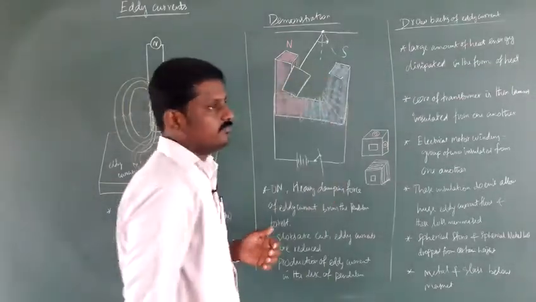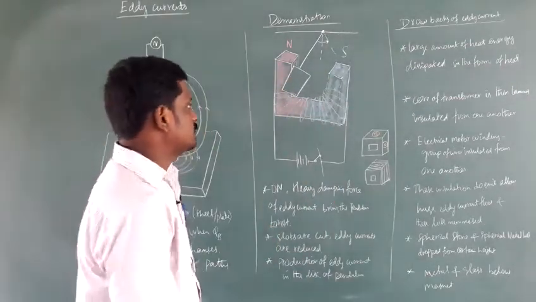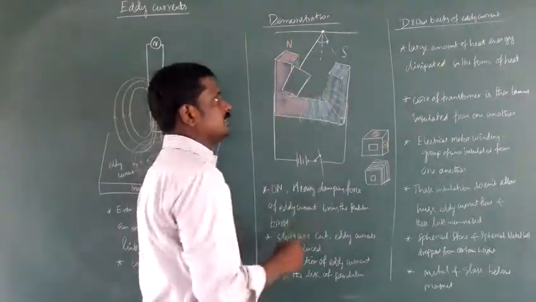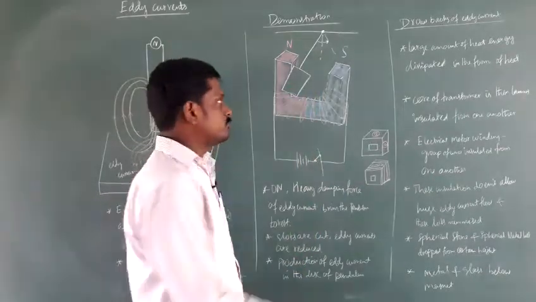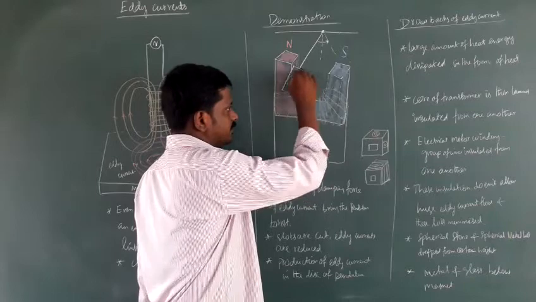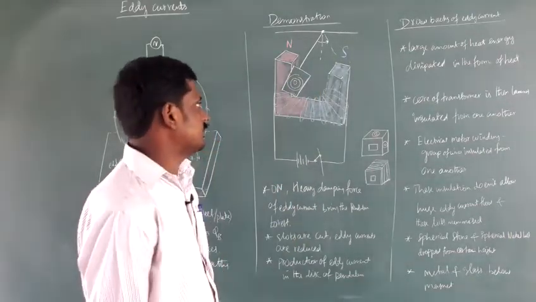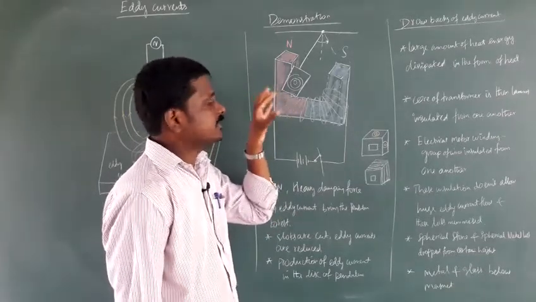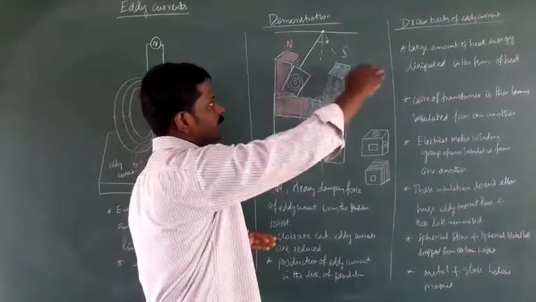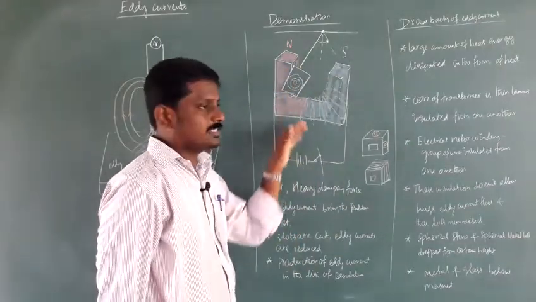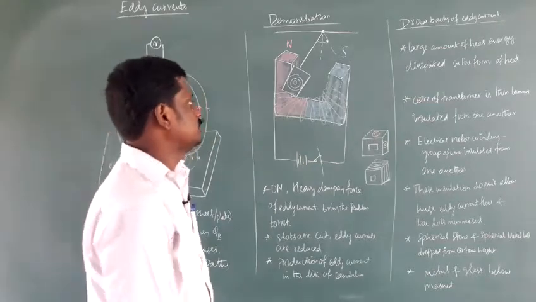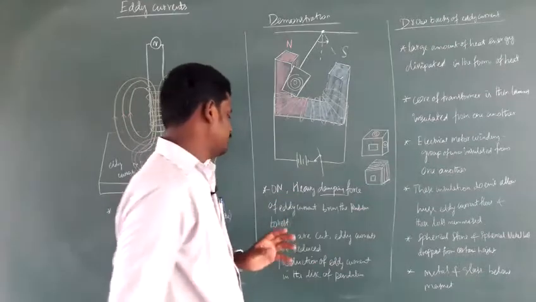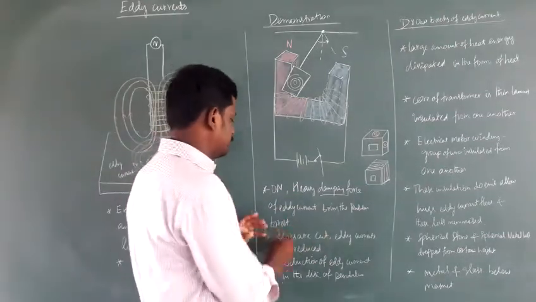the oscillations come to rest quickly because of the eddy current. There is a change in magnetic flux linked with the conductor, and an eddy current is produced in the metal plate, flowing in a circular path. That eddy current damps the motion; it applies some resistance or restriction to the oscillation, so it comes to rest very fast. With the switch on, a heavy damping force, a resisting force, is created by the eddy current, bringing the pendulum to rest.